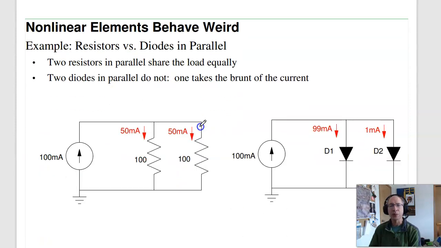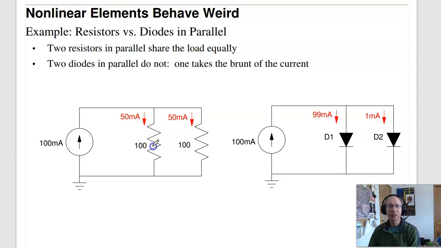And also, nonlinear elements behave kind of weird. A resistor is a linear element. If I have 100 milliamps feeding 2 identical resistors, they'll share the load. Each one gets 50 milliamps. If there's a tolerance, they're both 100 ohms, give or take, say 5%, it'll still be close to 50 milliamps. Diodes don't do that. They're nonlinear. If they're exactly the same, they'll share the current, but due to tolerances, the diodes will be slightly different. Because of that slight difference, one diode will carry the brunt of the current